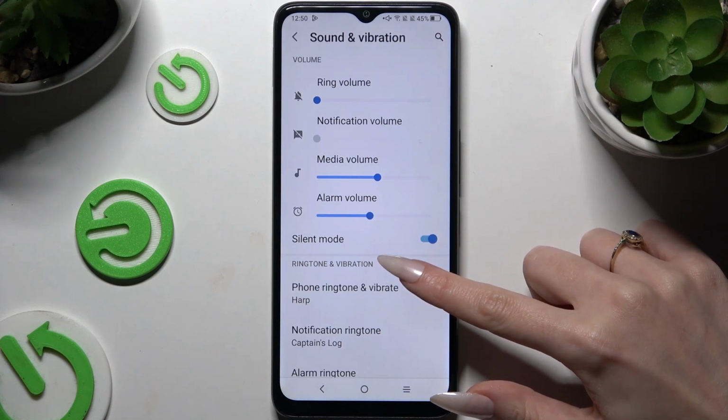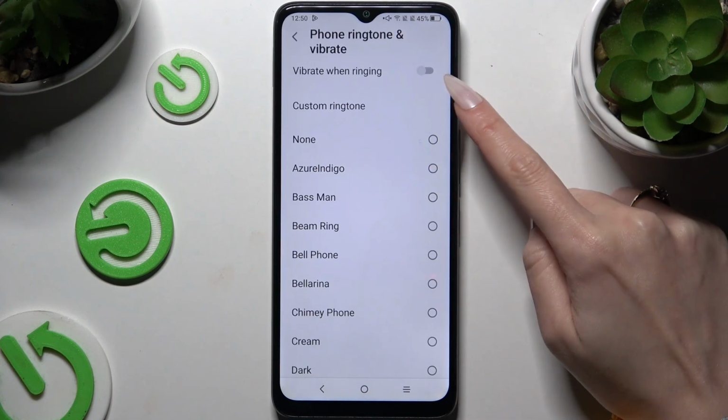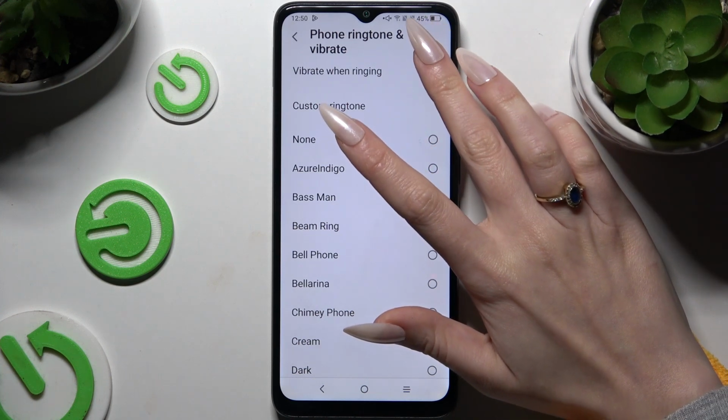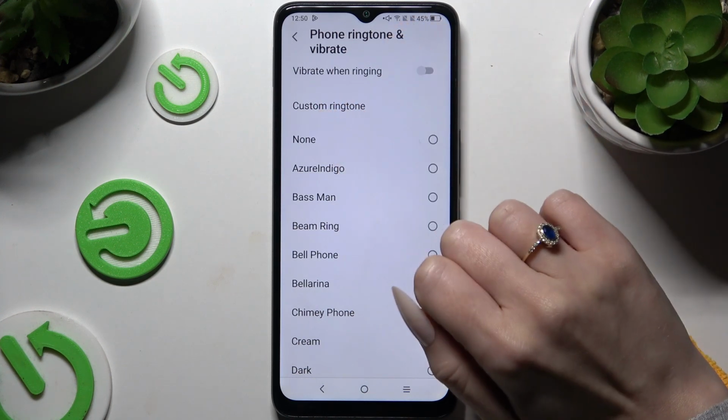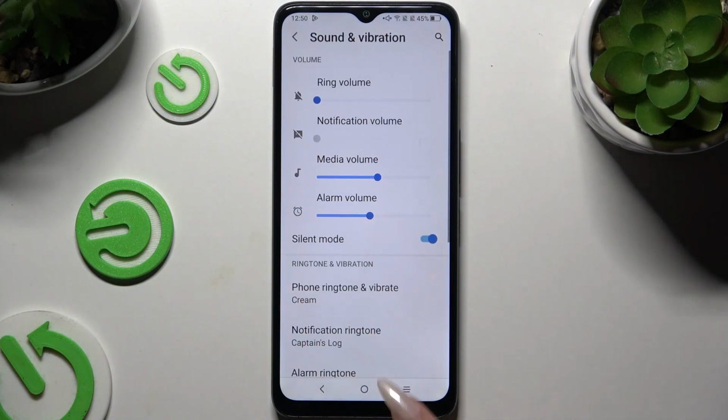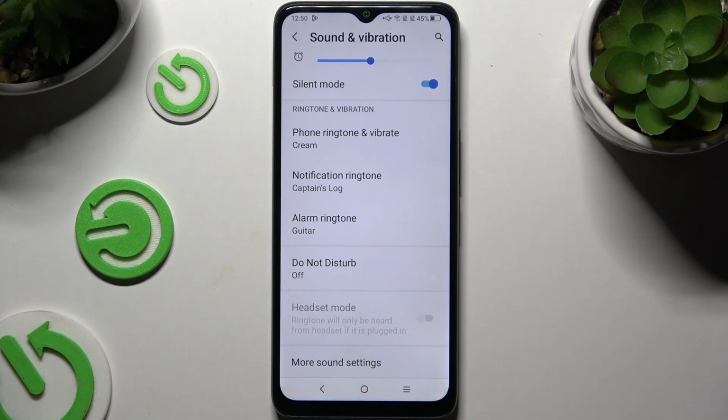Then choose Phone Ringtone and Vibrate here, and thanks to this switcher, next to Vibrate when ringing, enable or disable incoming call vibrations. If you want to, you can also go back, scroll all the way down and click on